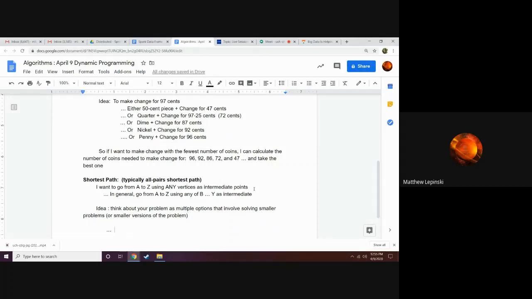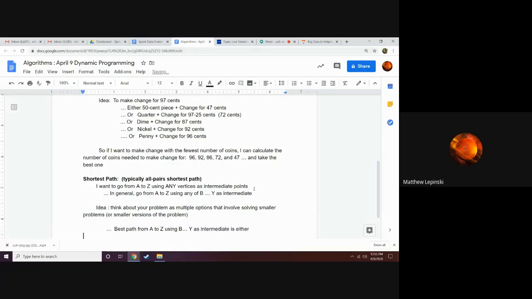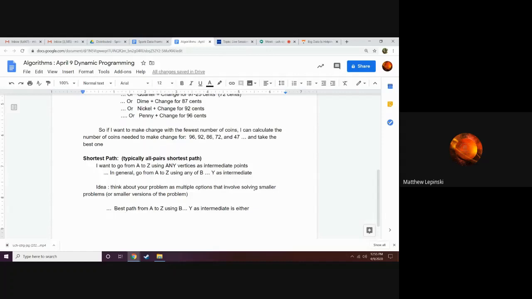So the best path from A to Z using B through Y as intermediate is either go from A to Y using, what's the one before Y, probably X, and then